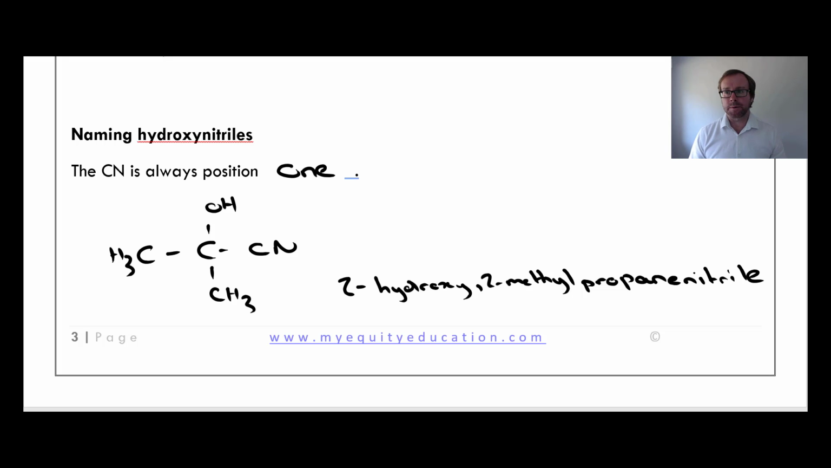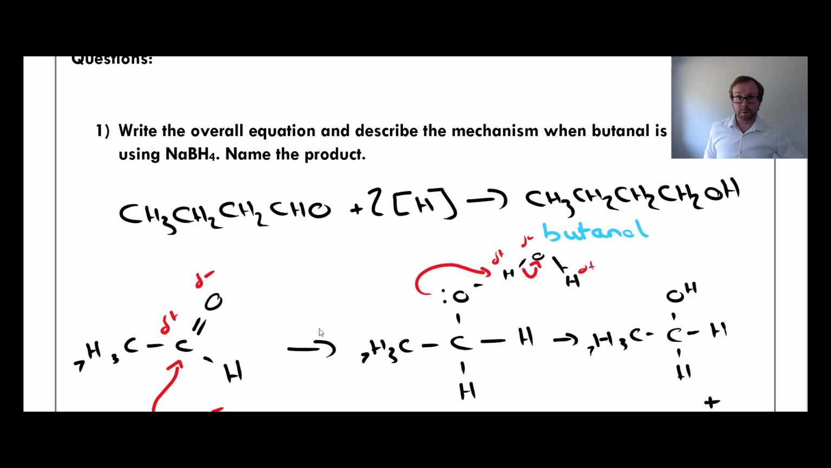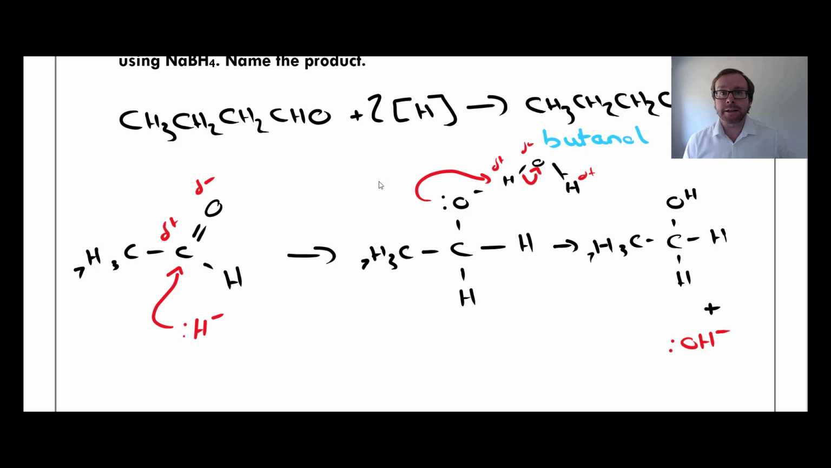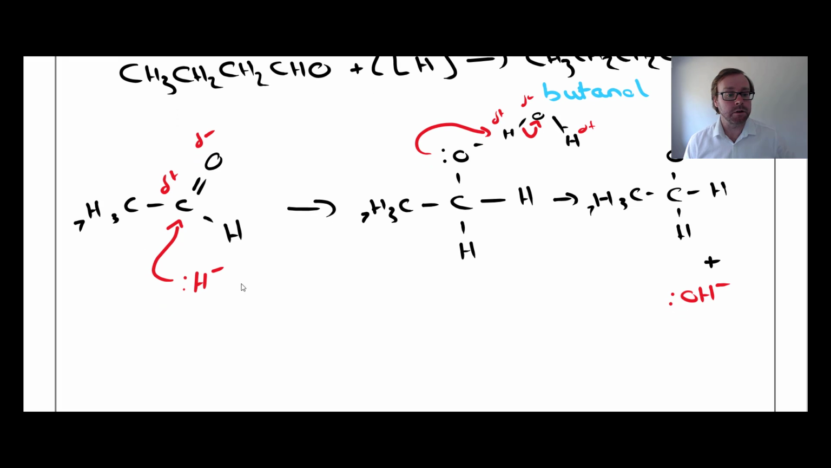Okay, you've got a couple of questions to do. I'd like you to have a go at them, and I'll give you about 10 minutes. Okay, so let's have a quick go through the answers. So our butanal, our aldehyde, is going to be reduced to a primary alcohol, which would be butanol. Because we're using NaBH4, we would represent our nucleophile as a hydride ion, so it will form a dative covalent bond with our delta positive carbon. The double bond will break